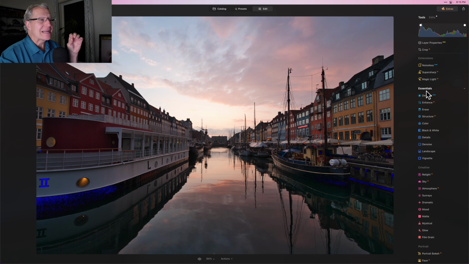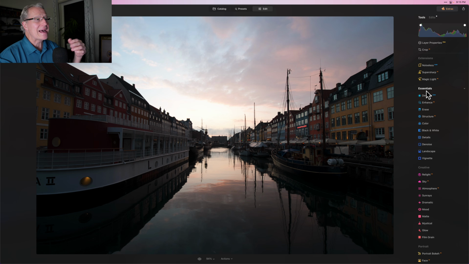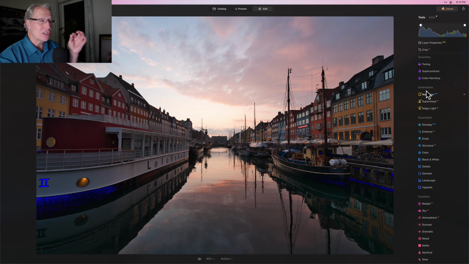Okay, the second thing that I see that I consider a big mistake, and that is not refining the light. You can see I did a pretty good job here getting the light a bit more balanced. Again, photo started like that, now it looks like that. So the balancing of the light has occurred pretty well thanks to develop raw, but in my opinion, I'm not really ever done just with develop raw. There's one of two things that I will do after I've used develop raw. I will either go get super contrast, or I'll get develop a second time